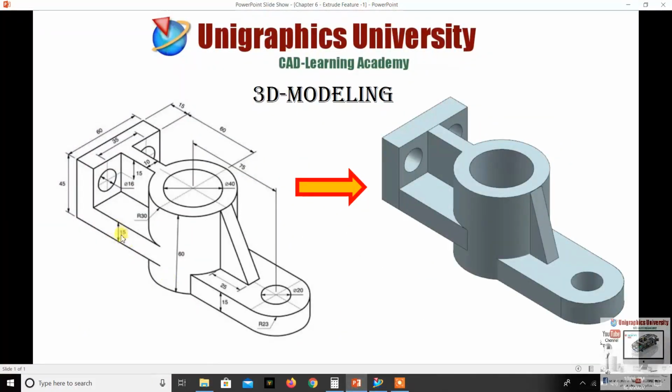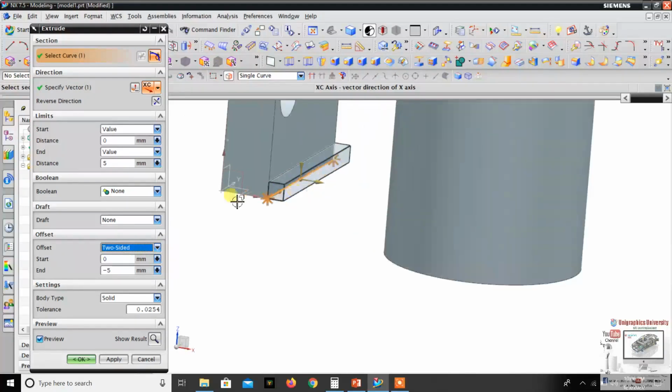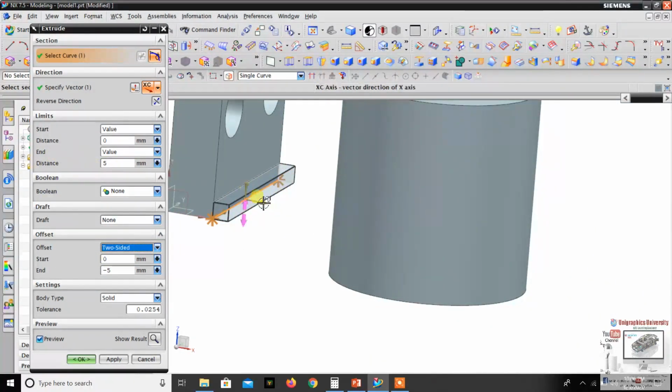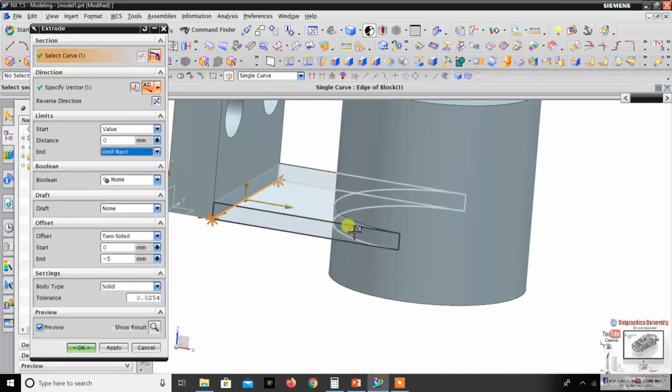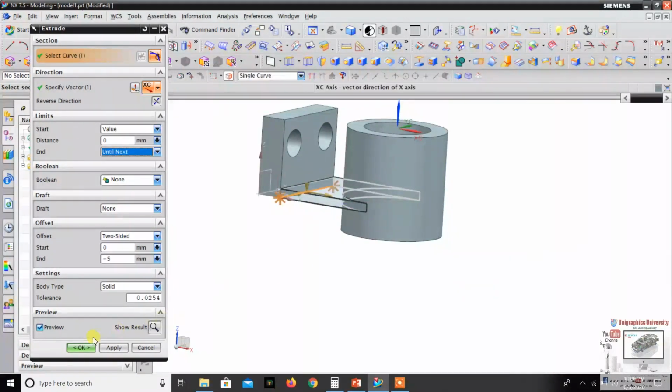Then height how much? 15 mm. So offset, select two sides, start from 0, end minus 5. Then for the extrude length I change to until next, so it will be extended to this cylinder, okay.